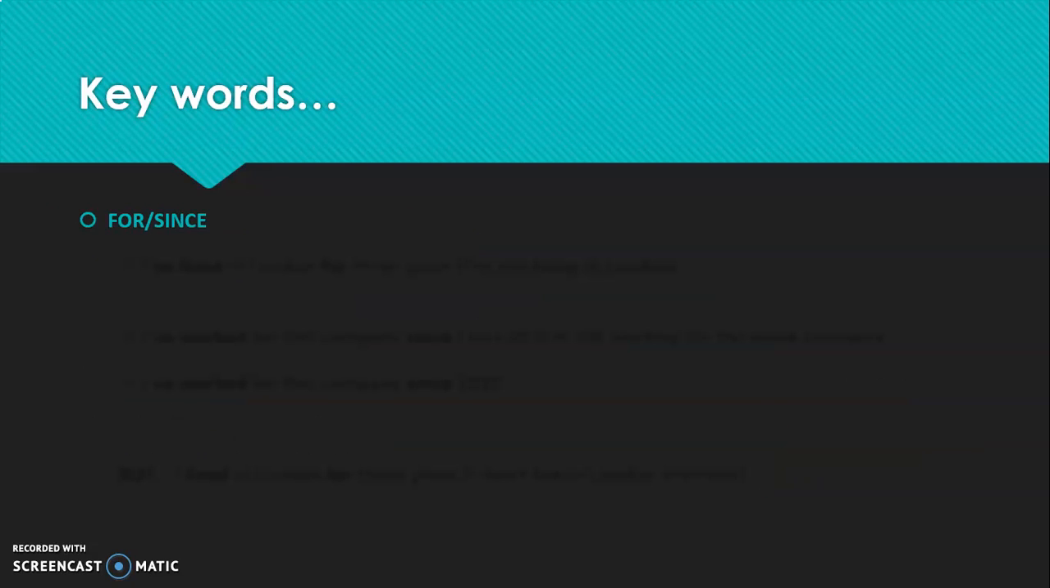Okay, other keywords might be for and since. So we use these two words to talk about something that is called a duration form. Let's examine a couple of examples. I've lived in London for 3 years, okay, and I'm still living in London. So my action of living in London started 3 years ago and continues, okay, because the present perfect links us